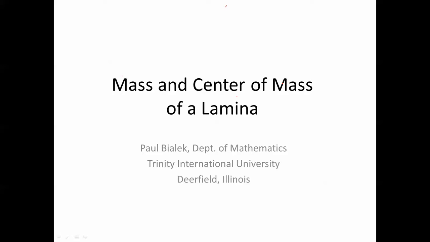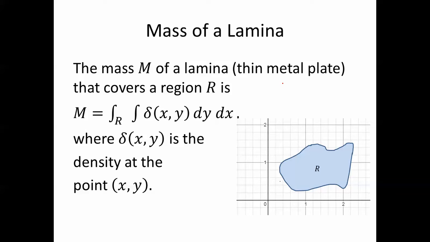Let's talk about the mass and center of mass of a lamina. The mass of a lamina, a thin metal plate that covers the region R, is m equals, well, this is going to be the double integral of delta of xy dy dx,